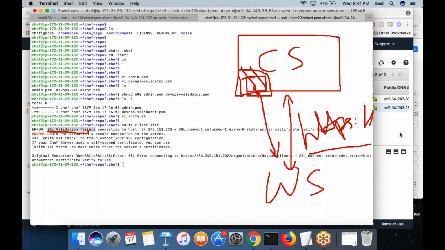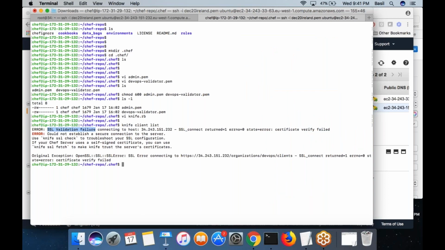What do you need to do? Run this command, knife SSL fetch is the command that you need to run in the workstation. Basically, what happens now is, workstation will download the certificate from the chef server and install it. Basically, you are manually telling the workstation that please go ahead and trust the certificate by running this command.